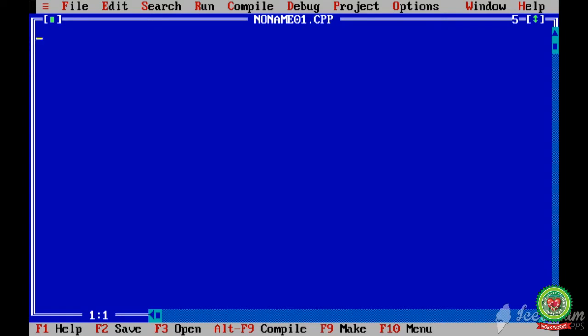Now we will start the simple message printing program. For that we have discussed different rules. First, we will put the hash include, which is my directive to call the system libraries. Angular bracket start, iostream.h. iostream is my input output stream, meaning I want to do any input in my program and I want the result for it.